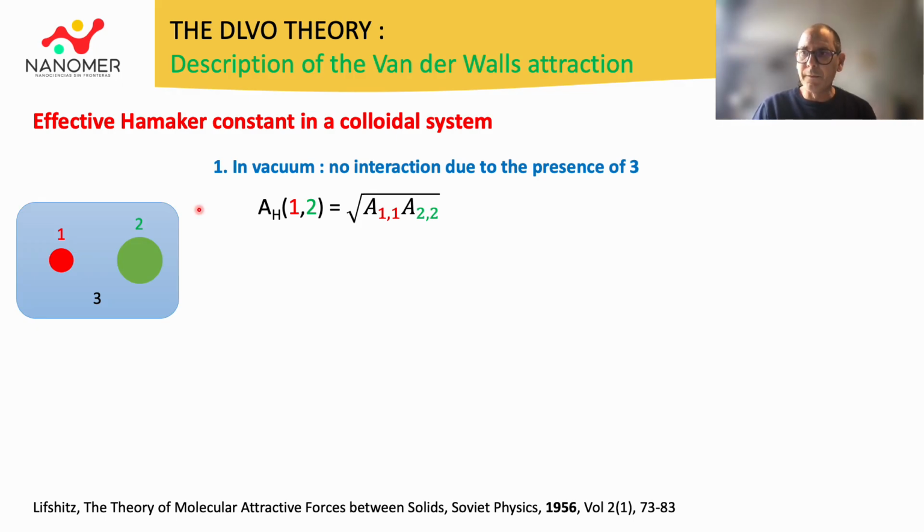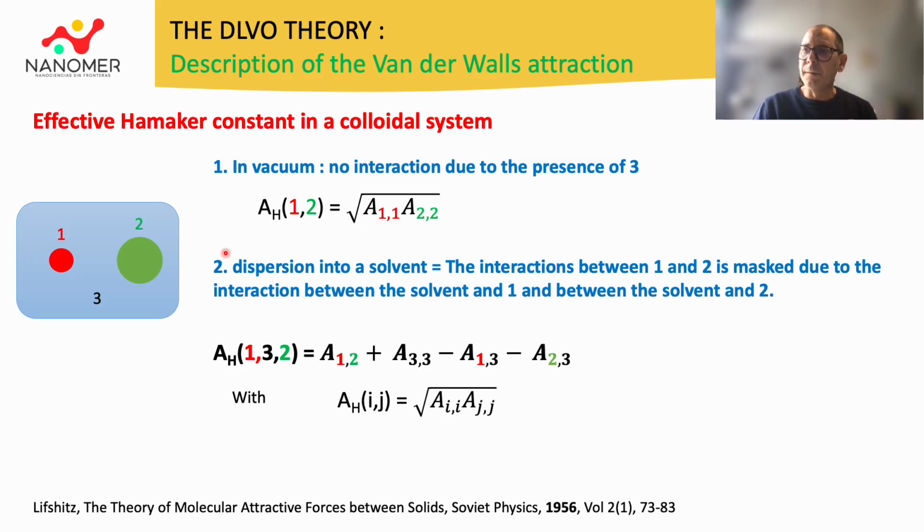Let us take as an example the interaction between two particles, one composed of a chemical entity 1 in red and the other of chemical entity 2 in green. In vacuum, there is no interaction with the dispersive media. In this case, the effective Hamaker constant between chemical entity particle 1 and chemical entity particle 2 is equal to the square root of the product of the Hamaker constant of pure chemical entity 1 and pure chemical entity 2. Now,